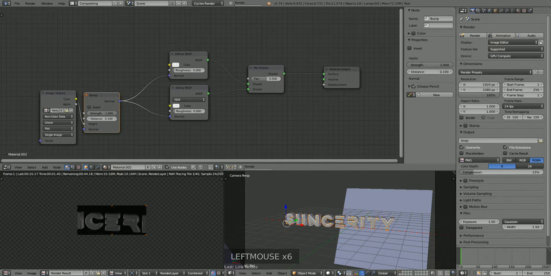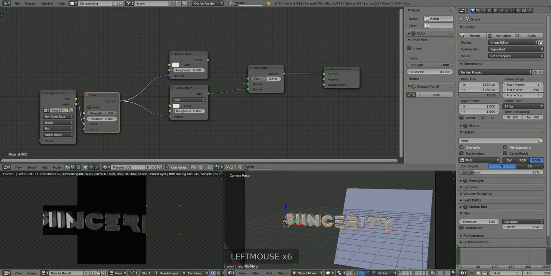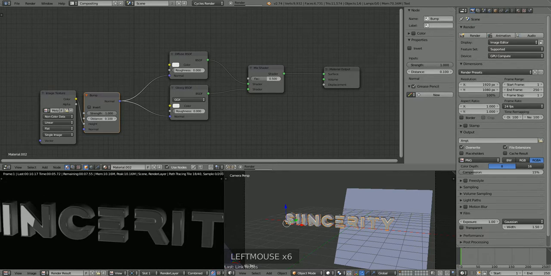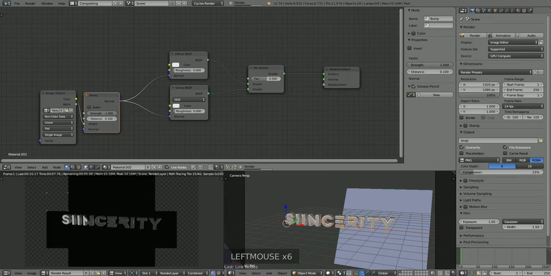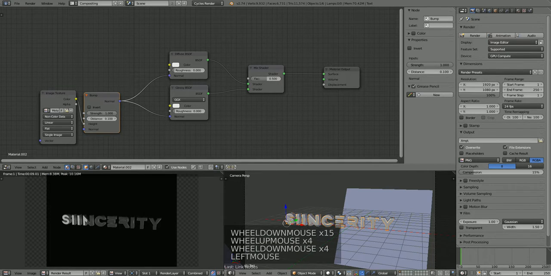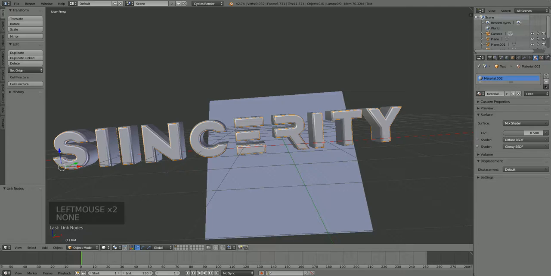Now when we render this, you'll see that nothing happened. Why is that? It's because basically we haven't UV unwrapped it. Because the text is still a text, we need to UV unwrap it. You may be mad at me thinking that what I've done is completely irrelevant, but it isn't. It's just to show you that just simply putting an image texture on it and expecting it to work ain't